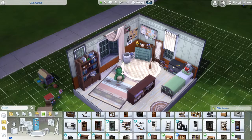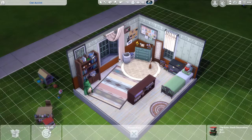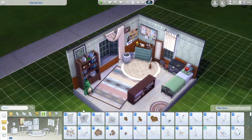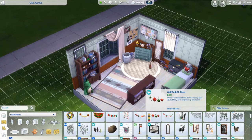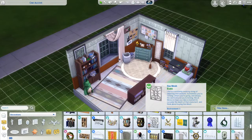There's no CC in this build. Like I said, I didn't change any of the walls. I just changed the color of the windows and changed the window dressings and kind of took what was here and ran with it. Here I am trying to figure out how to build a headboard,